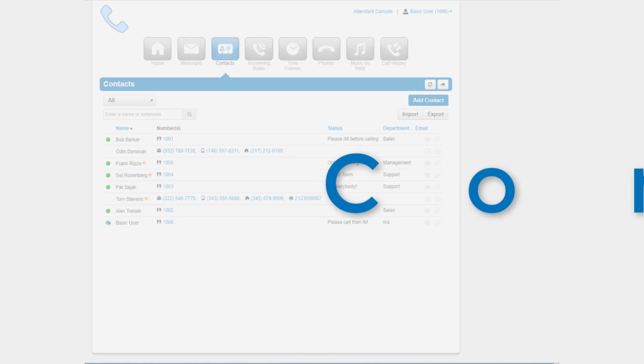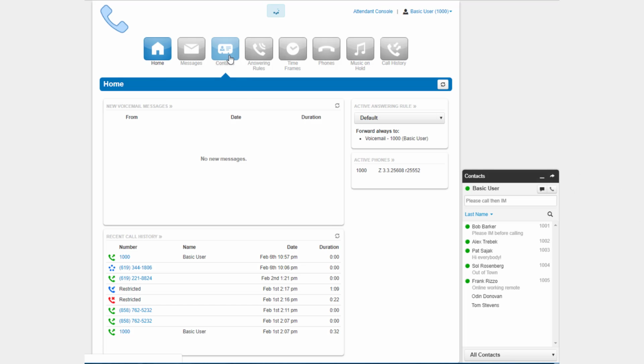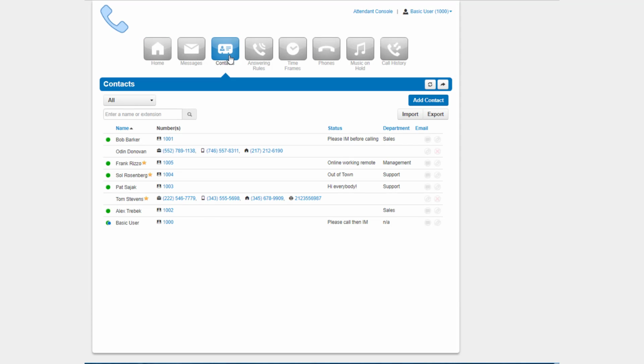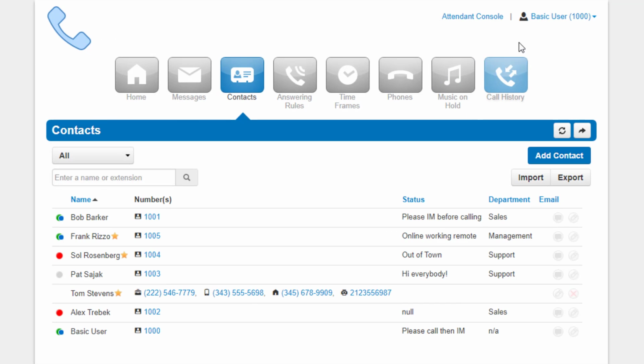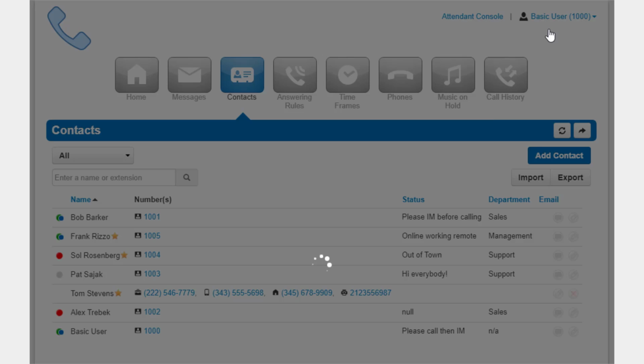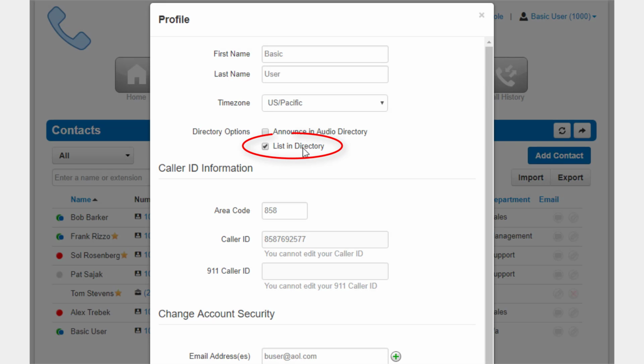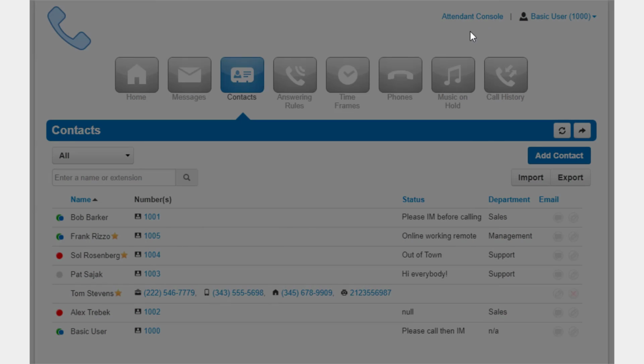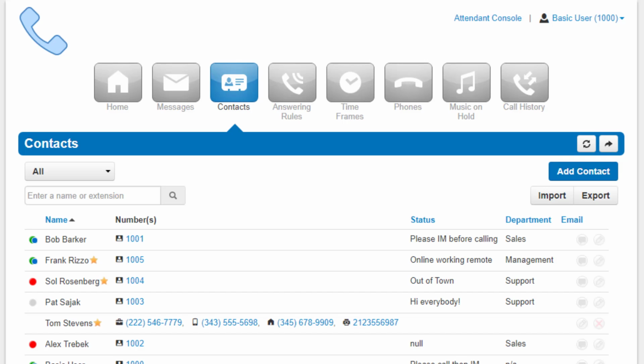Contact Center is where all users with List in Directory enabled under their profile are displayed. If you do not see a user listed, that is because List in Directory has been disabled. On the Contacts page, you will see the drop-down that will let you filter for all users,